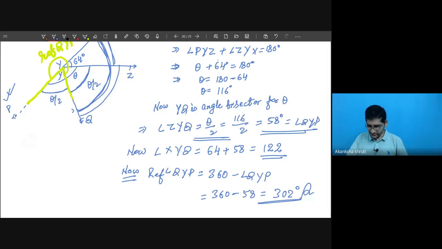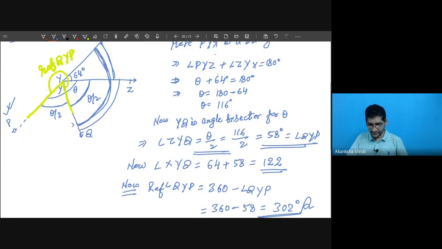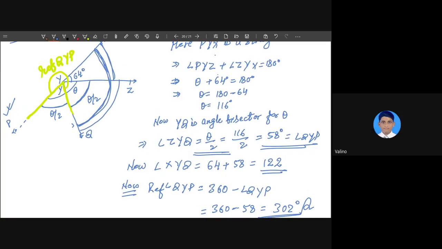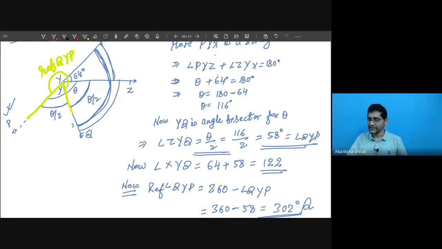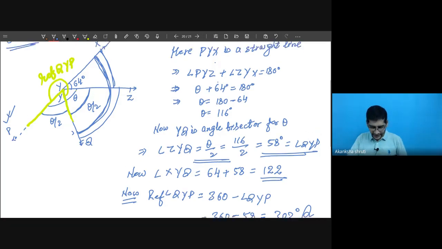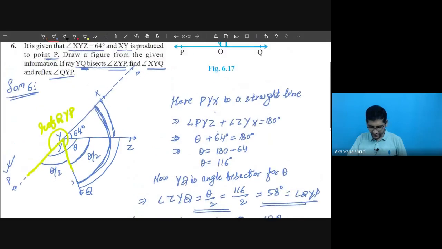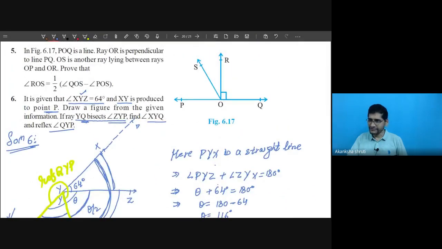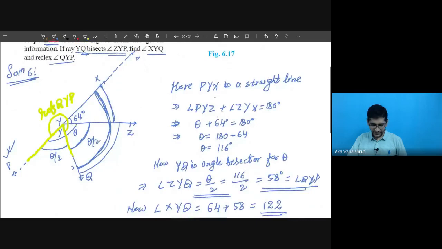Okay. So this was about this question. Any doubt, then please ask, student. So questions are very easy. You have to just apply linear pair or 180 degree again and again, see what is asked and how they can be correlated. That way, we can just get it. Okay, student? Now let us go for the next question.